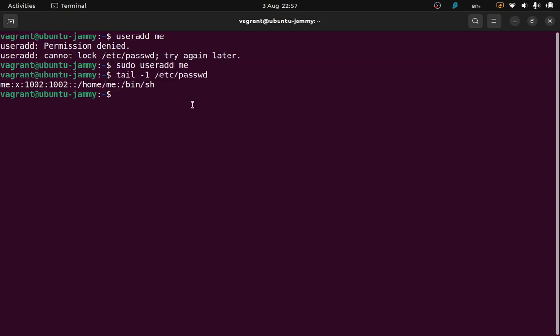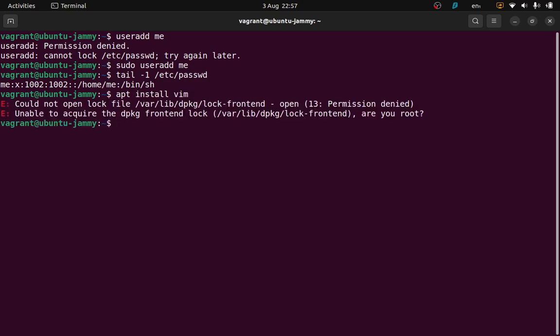Now, you might be wondering, if a regular user can just circumvent root privileges by using the sudo command, then how is that secure? What's the point of saying a normal user can't install packages, for example, but if they put sudo before, then they're allowed to? What's stopping that regular user from doing anything? Well,